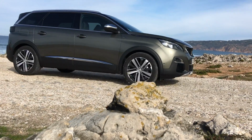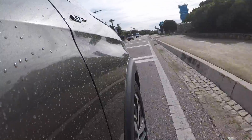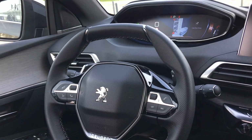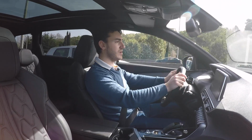Obviously the 5008 is not going to set the world on fire in terms of dynamic handling, but there's plentiful amounts of grip and there's actually a little bit less body roll than I was expecting from such a tall car. The steering is sensibly weighted and the small size of the wheel actually boosts the sense of agility the car has. Around town, visibility is pretty good all the way around, though this car does make life even easier